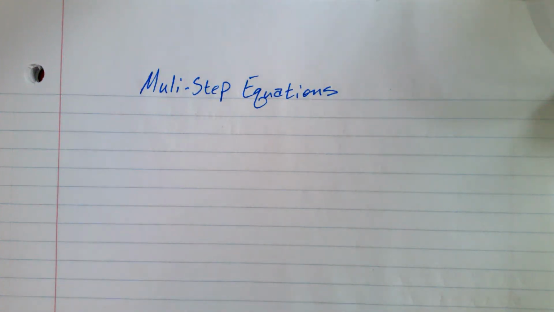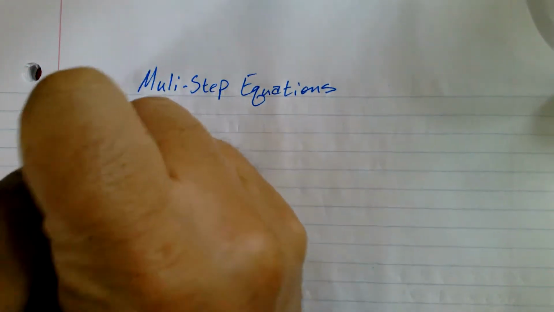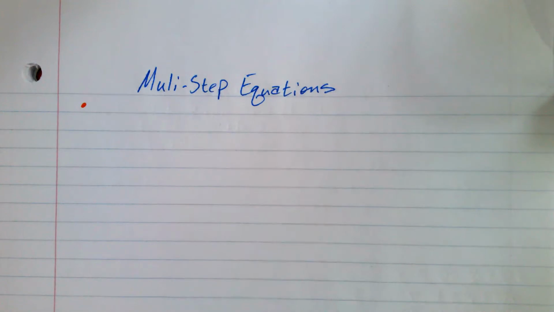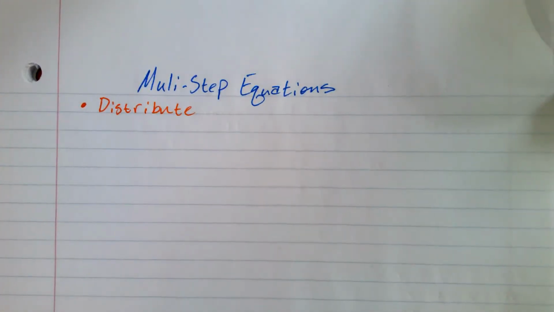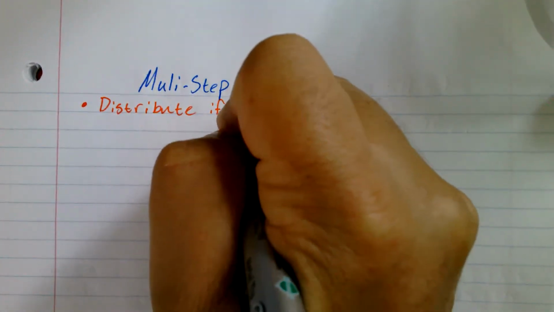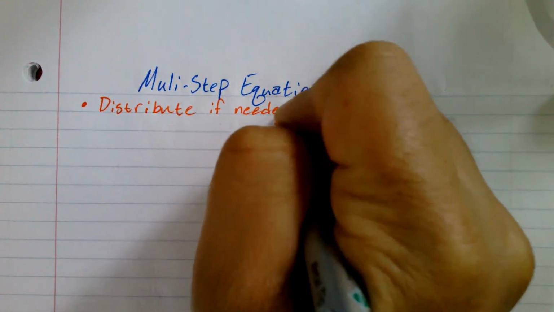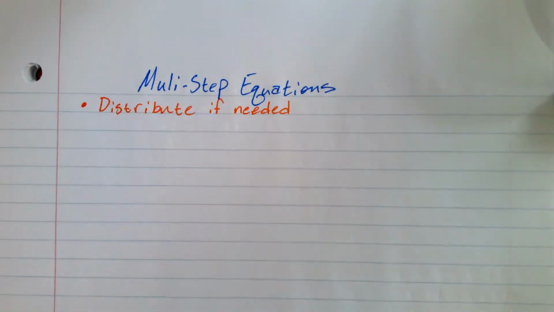So first thing I want to do is kind of highlight the steps, okay? So first step, if possible, and it's always if possible, distribute. Kind of think of this as the order of operations. Distribute if needed. We may not need to distribute, but that's the first thing we should look for. Okay? So the next thing is